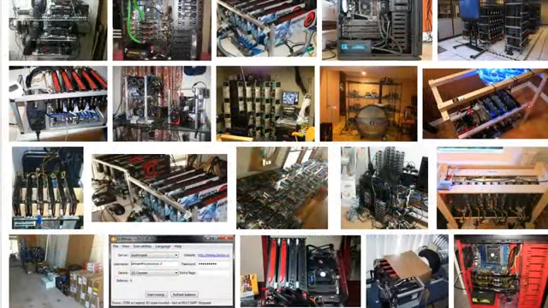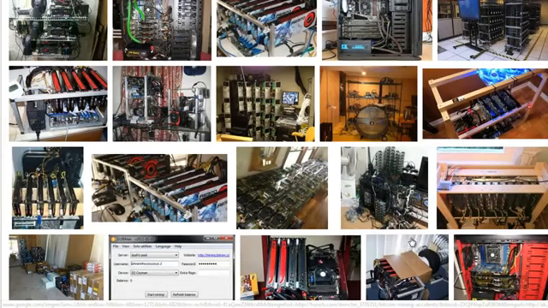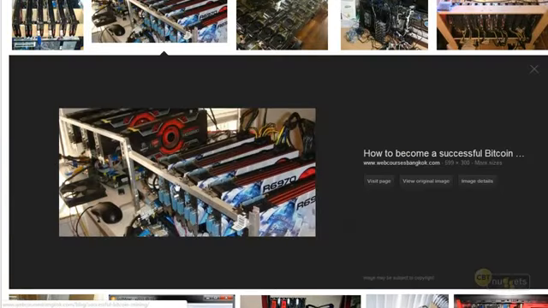So let's have some fun. I went up to Google and I did a search for Bitcoin mining, and then I selected images just to have some fun. Let's go ahead and let's just grab one. How about this one? Let's do this one right here. That's good. So here's what we have. We've got somebody with a whole bunch of GPUs, they're graphics cards, and they have little ribbon cables that put them on the motherboard, and they're hanging, mostly for ventilation.